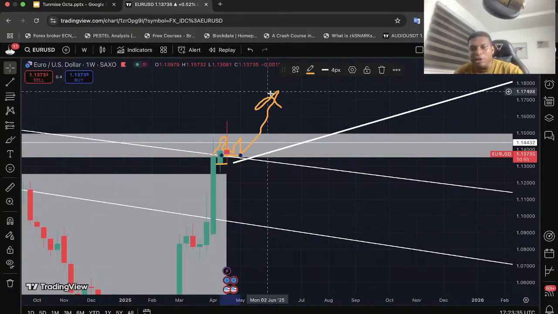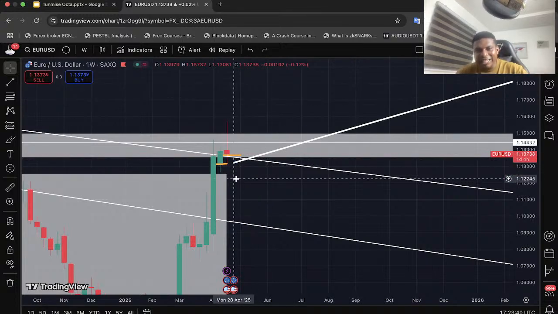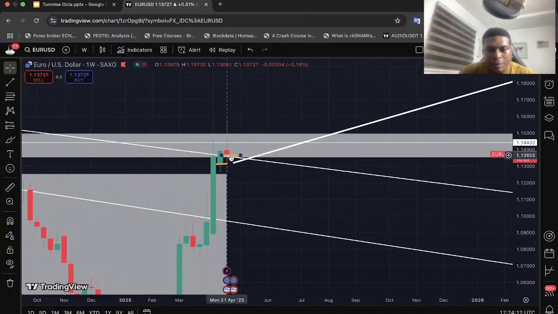All things being equal, we would see the demand for euro increasing more than the demand for the dollars. We would see that the demand for euro would keep increasing more than the demand for the dollars. And this is very, very significant. So what we are expecting from here